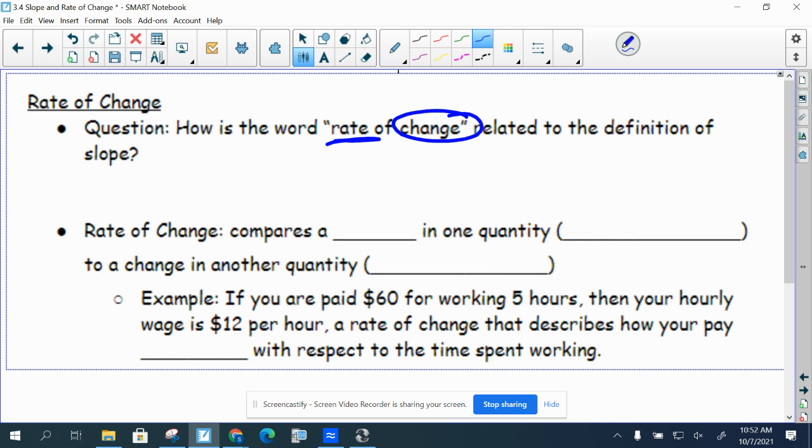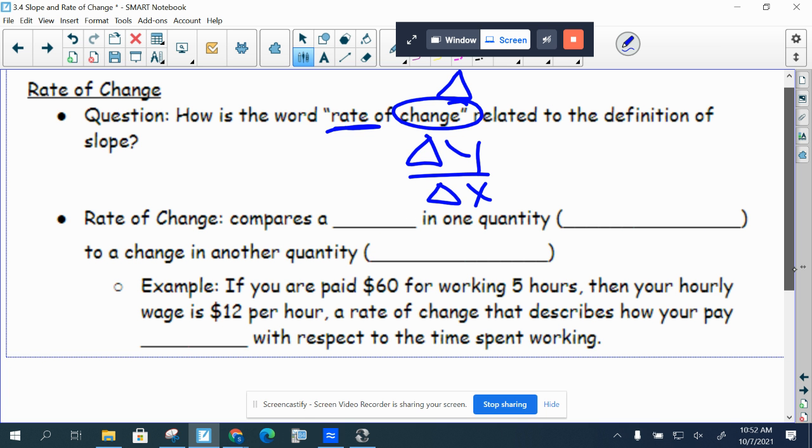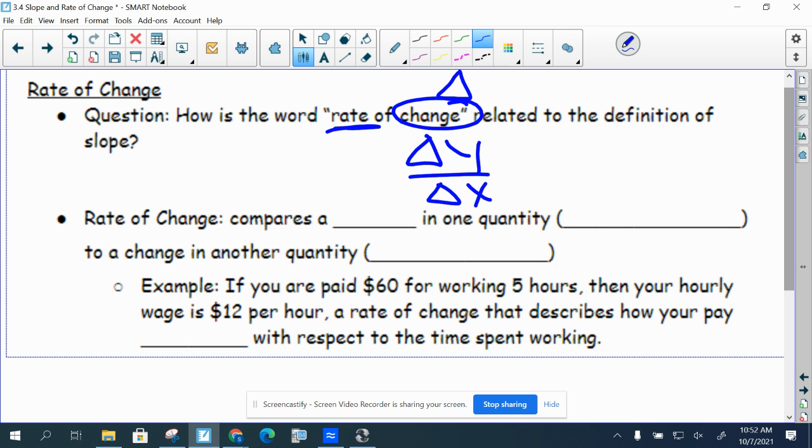Remember the change, we used the little triangle symbol. That's the change of y over the change in x. And that's just a little question for discussion. Nothing you need to really write down besides that. So a rate of change compares a change in one quantity,